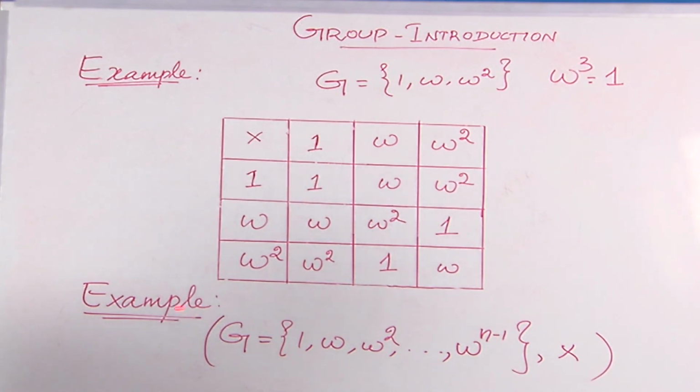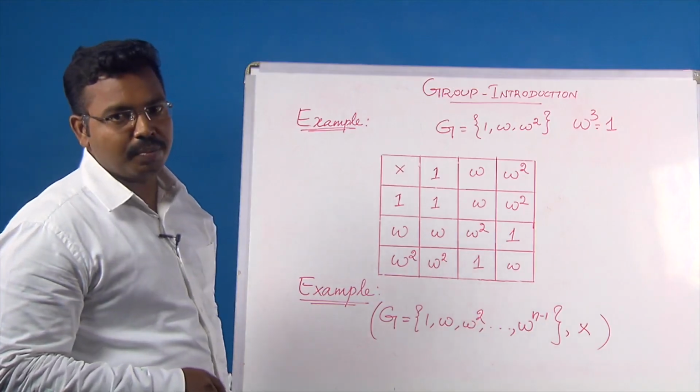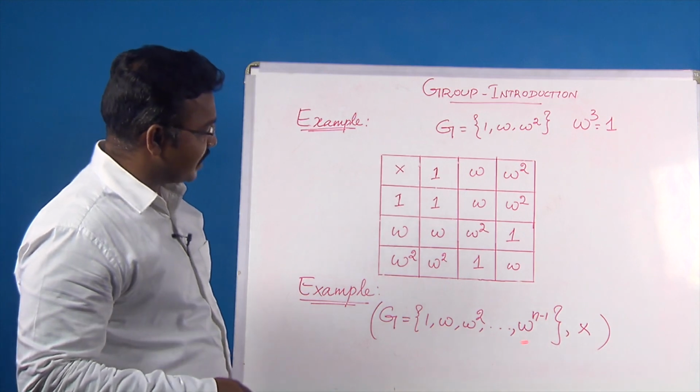More generally, we can consider one more example: the set of all nth roots of unity. The elements are 1, omega, omega square, up to omega power n minus 1. In a similar way, you can draw the Cayley table for any finite set. You can try to find the Cayley table for 1, omega, omega square up to omega power n, which is nothing but the nth roots of unity, which means omega power n equals the identity. This set together with the operation product satisfies all 5 properties,